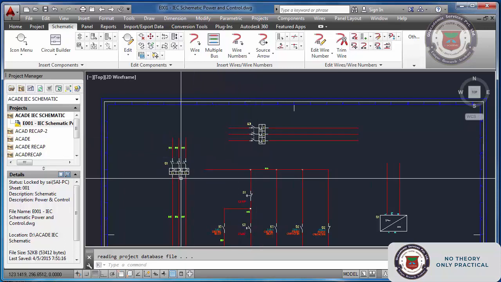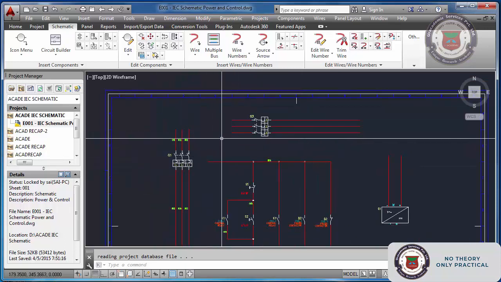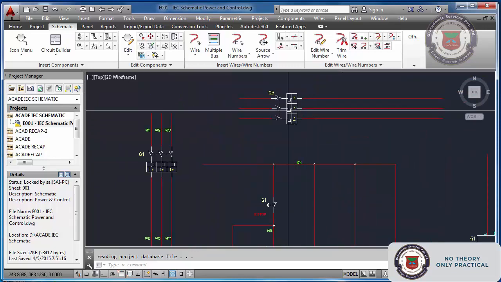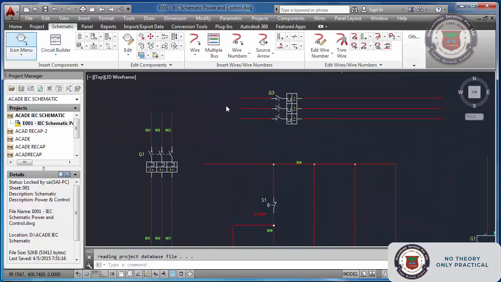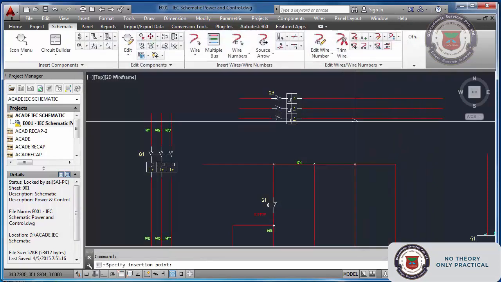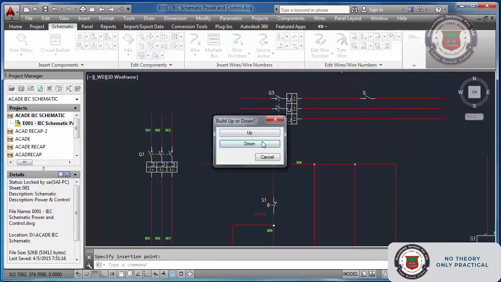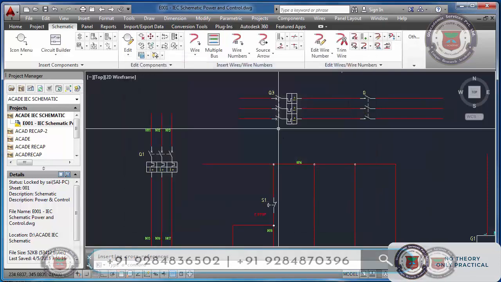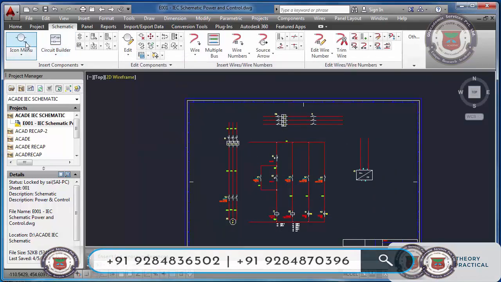Now I can make the same circuit horizontally as well. See, this is vertical. The same circuit I can modify in this fashion also. Similarly, this contactor also I can put down. See, this is the same circuit.